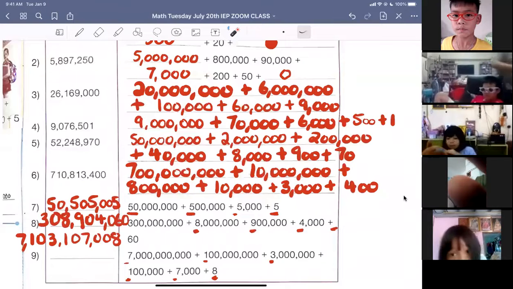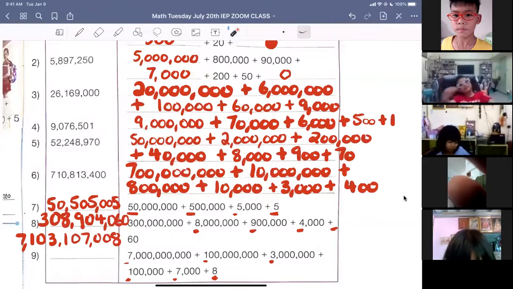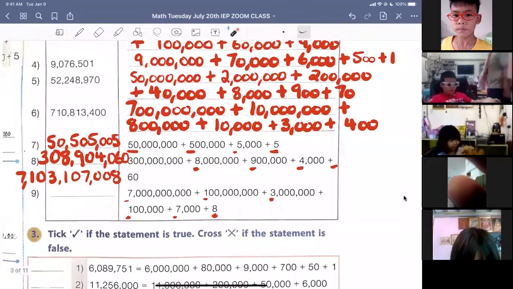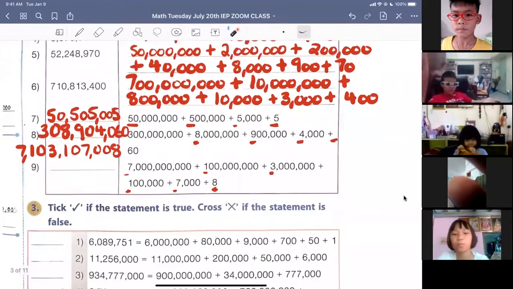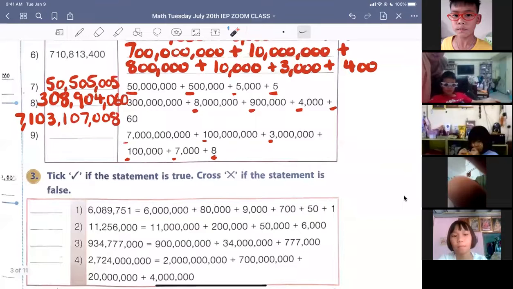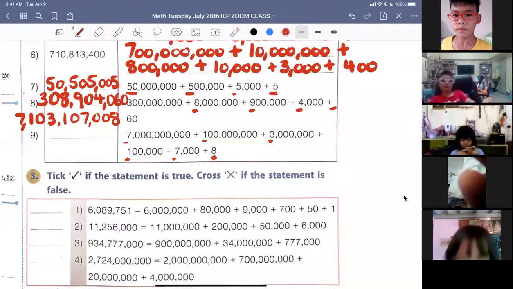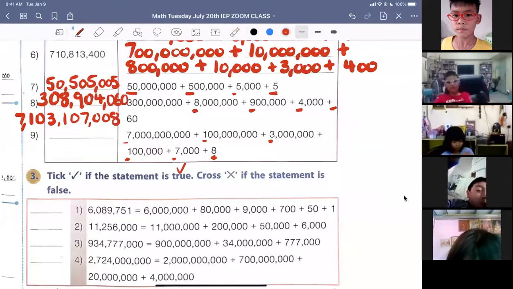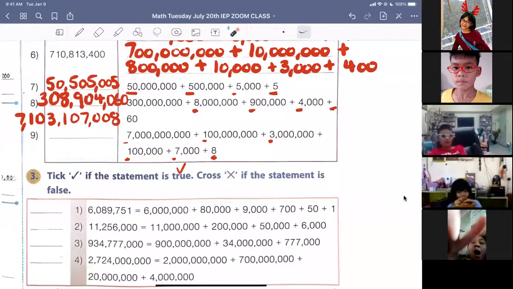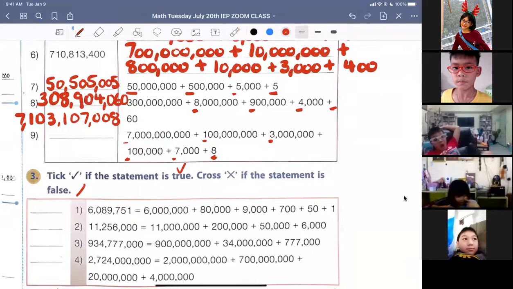So next part, I'm going to go down the page. So it says tick, check if the statement is true, right? True is the same as correct. Cross X if the statement is false, right? False is wrong. So here we have